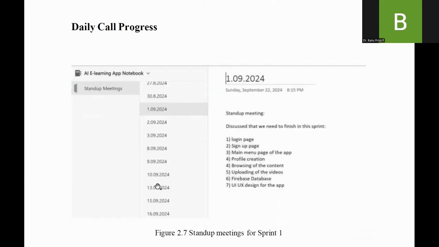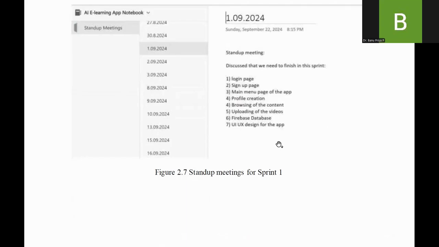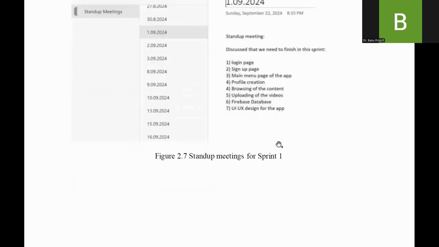And one important thing, how do you achieve this result? As already discussed in the last lecture, daily for 15 minutes, we will be having a sprint meeting. This is called the daily sprint meeting, or people call it the daily call progress, right? So 15 minutes. They will be updating these things, these stand-up meeting recordings, on what has happened on this date. All these will be updated in a OneDrive.